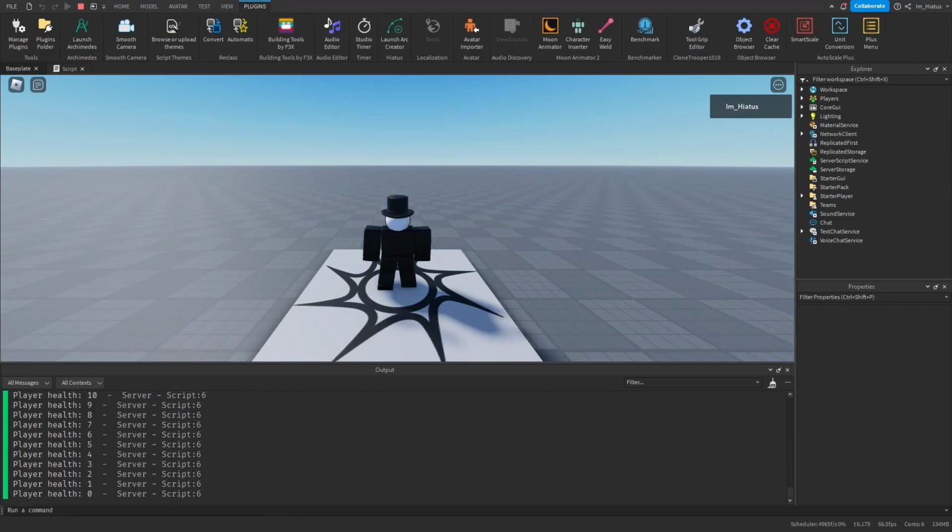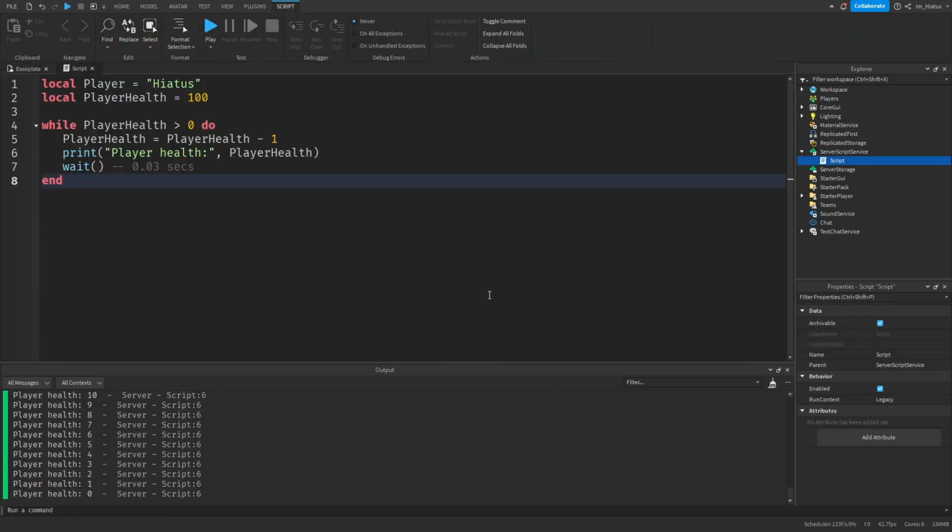And it stops once the health reaches 0, just as intended. So this is how we create while loops. They continuously repeat a section of code while a certain condition remains true. This also means that if we add another while loop after the first one, it will not start running until